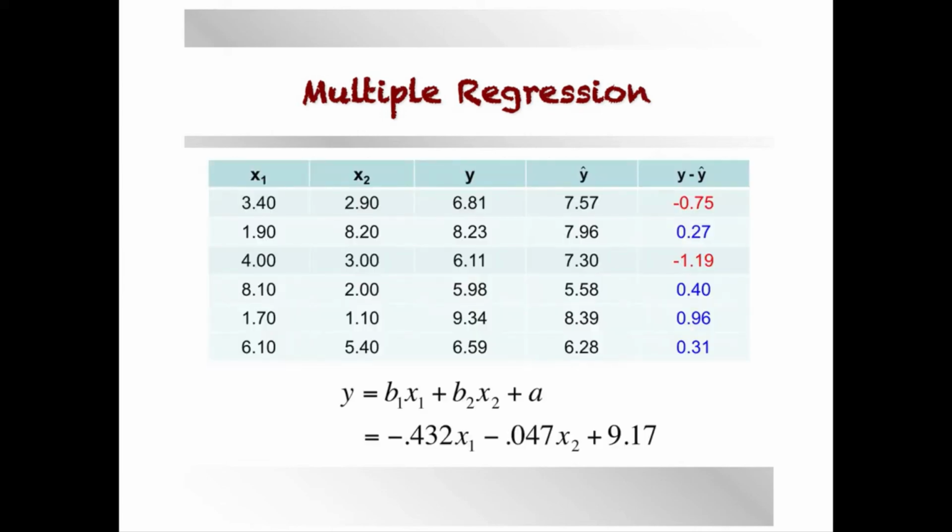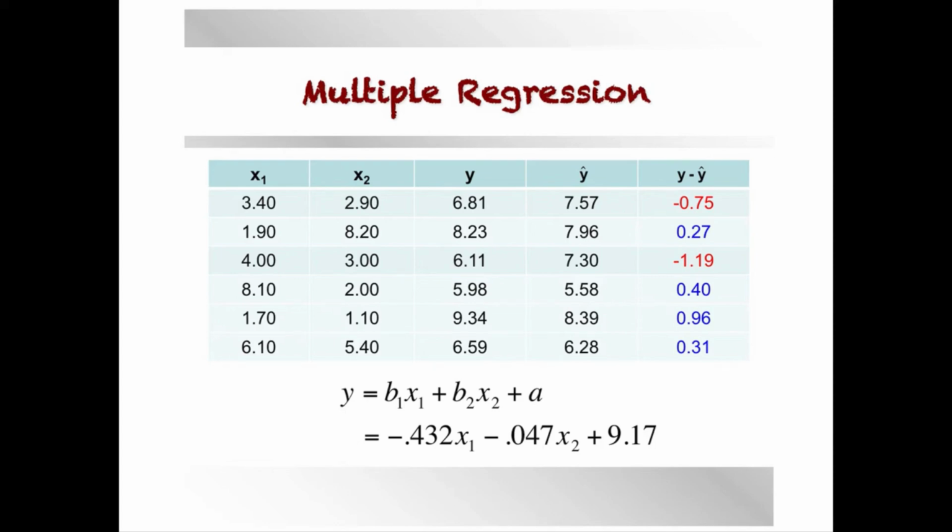So here's what it looks like in a chart. You've got your X1, X2, and Y values there in the first 3 columns. Those are your actual values, or your observed values. And then that Y with the hat over it in the 4th column, that is your predicted value. So you would get from that equation there with the negative 0.432 for B1, the negative 0.047 for B2, and 9.17 for A. You would then plug in for that first family 3.4 and 2.9 in for X1 and X2, and you get your predicted value of